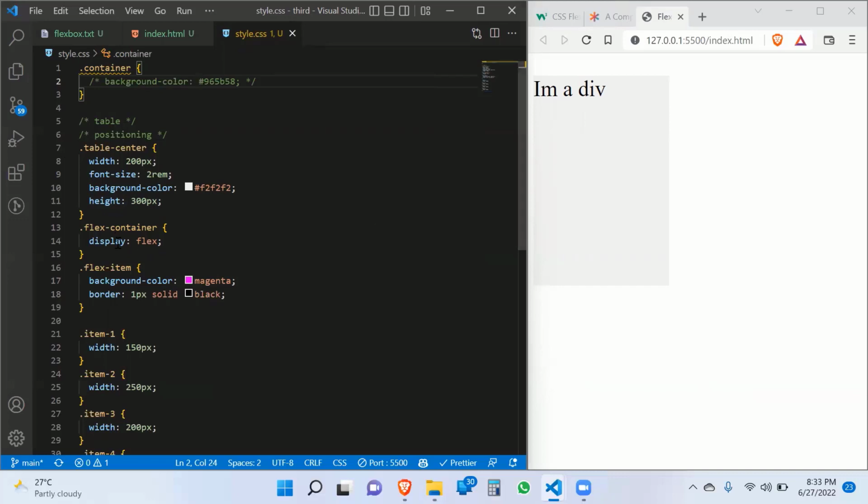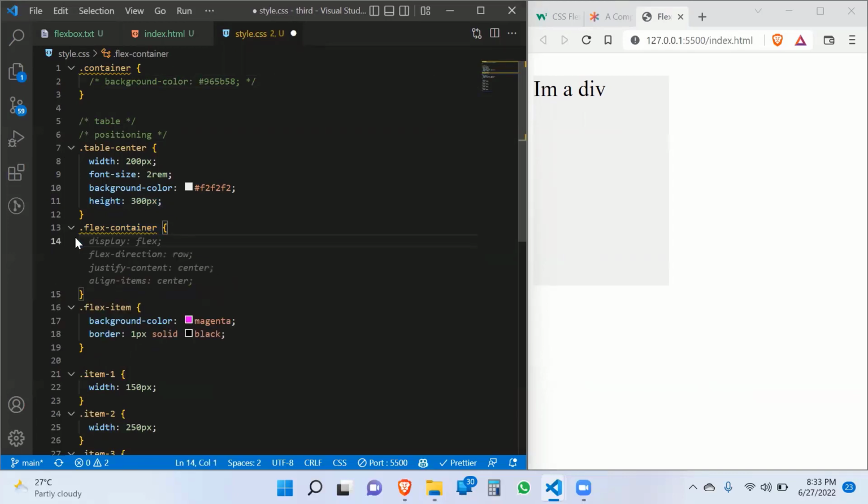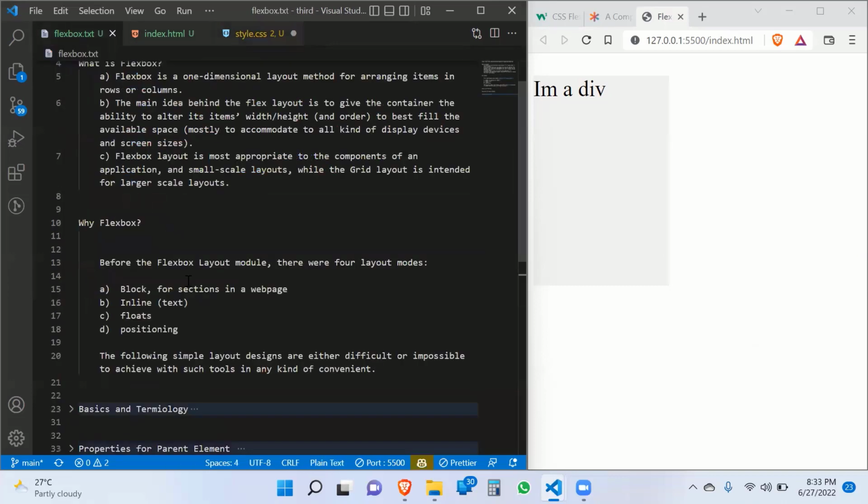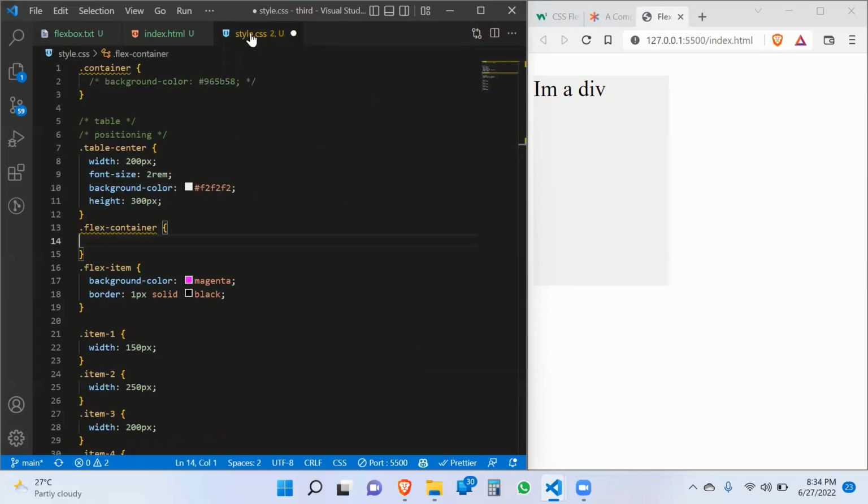Now, before the advent of Flexbox, there are different ways we used to center our div. Among them, we are going to look into some. The first one is block level elements. We have inline, we have floats. But now I will try to use two methods to center this div. Like now, I want this div to come at the center. So there are different ways of doing it. So that's before the advent of